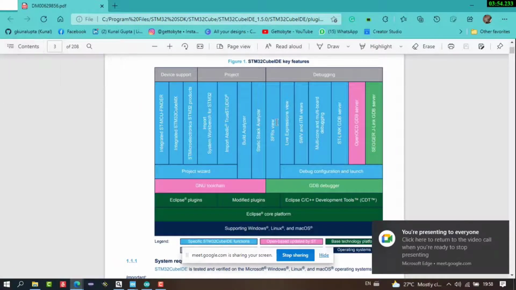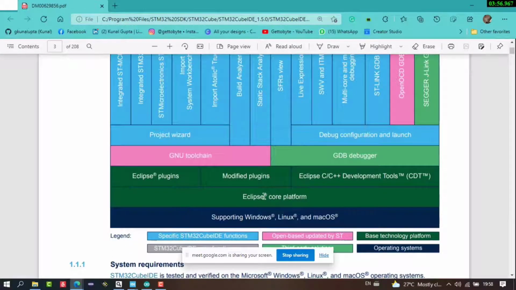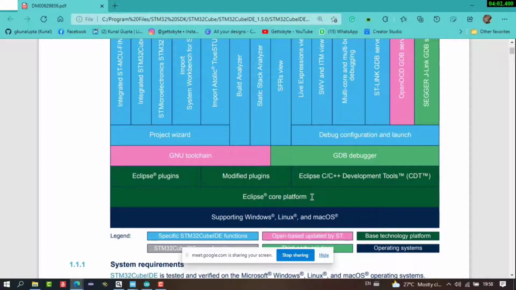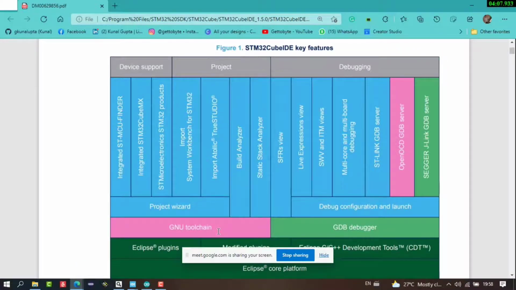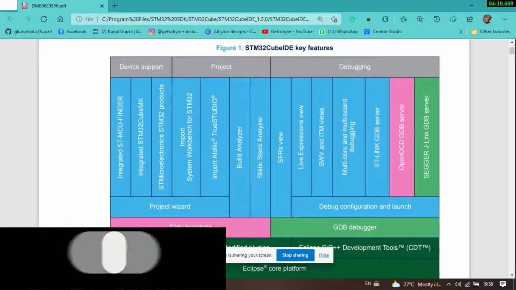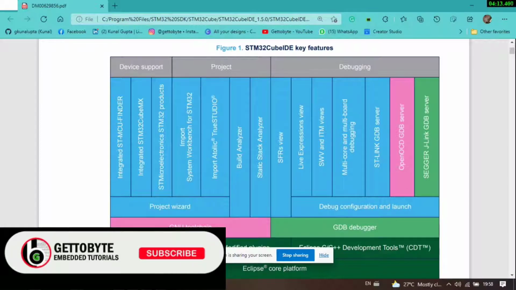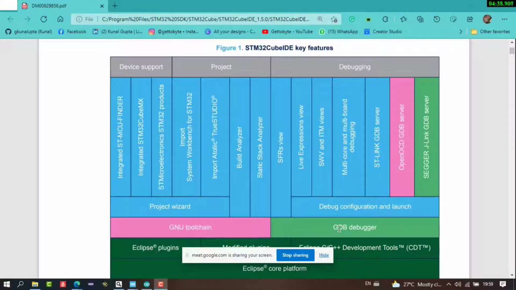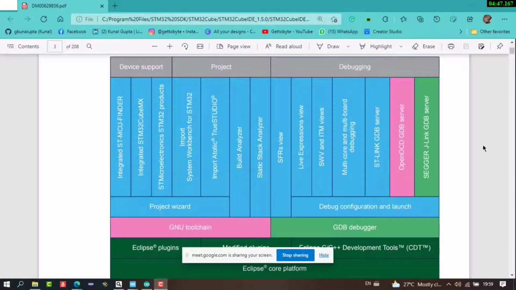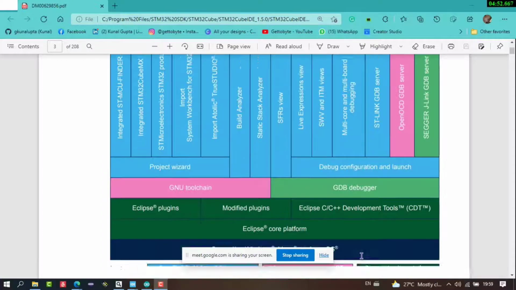Now here you can see that there are many different tool chains. This is the Eclipse core platform, which is our Eclipse IDE. Over it, the company has integrated different tool chains: the GNU tool chain, which is used for compiling C and C++ programs, basically for ARM processors. GNU GCC, GNU object file, GNU makefile, all such things. The GDB debugger is used to get the hardware data interpreted from the microcontroller. We have some debugging tool chains on the software side, GDB debugger and OpenOCD, which are all integrated over this Eclipse IDE core only.